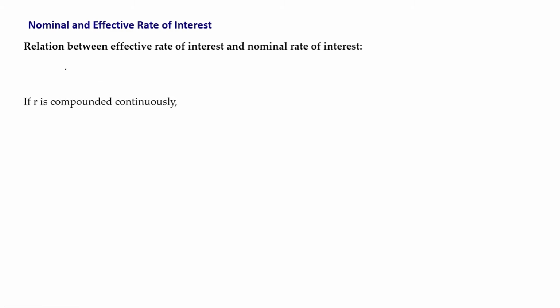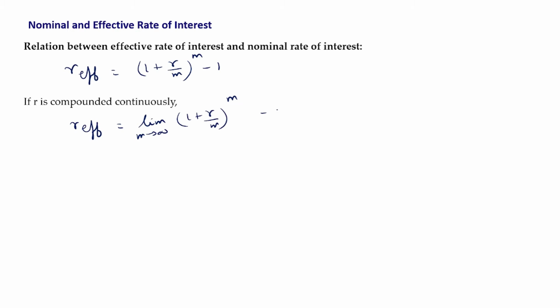We just saw R_eff is equal to (1 + R/m)^m minus 1. Now if R is compounded continuously, then the effective interest rate is the limit as m tends to infinity of (1 + R/m)^m minus 1,